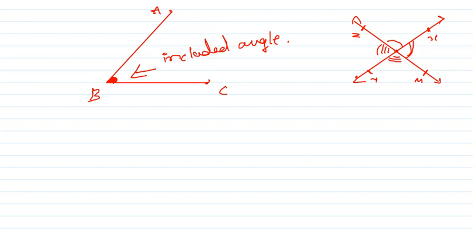Next one. How to represent this angle? See, the first picture is there, and this is the second one. Right, the first one, how to represent the angles? Very simple. So angle is created on which point? That is B, right? So we can write it as angle B or